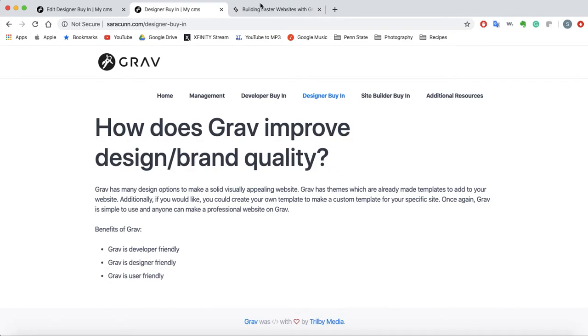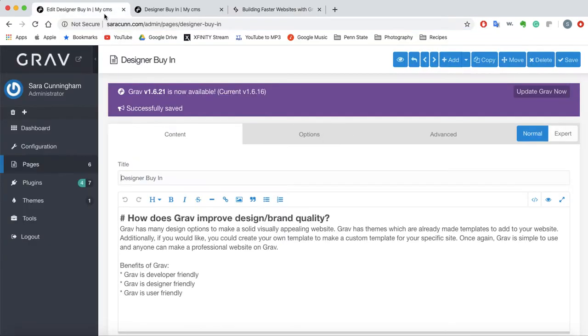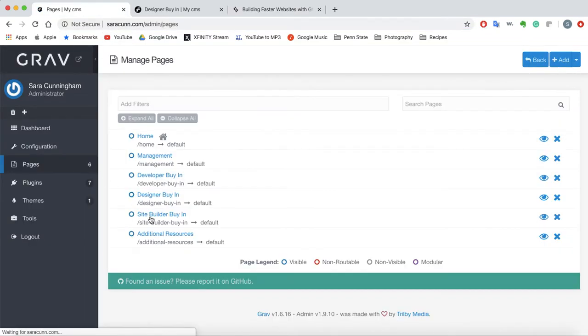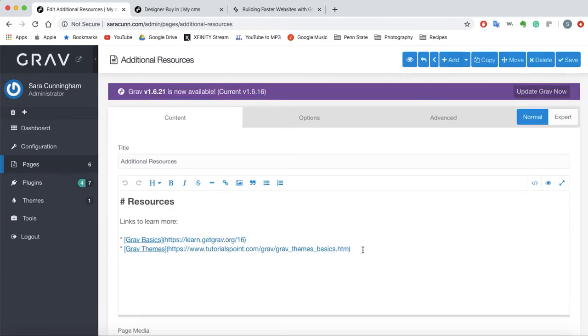So since I did use this as a source, I want to reference this. So I'm going to copy the link. I'm going to go back to my pages, and I have an additional resources page just in case anyone else wants to look at other benefits or how to use it. And then I'm going to click on this link. I'm going to insert the link in the parentheses, and then in the brackets, I'm just going to say Grav